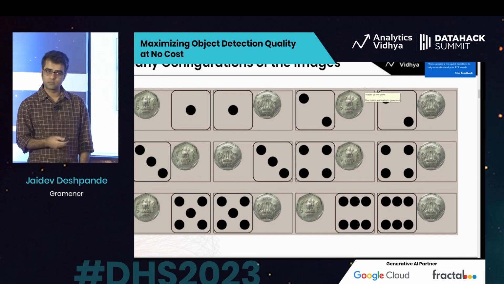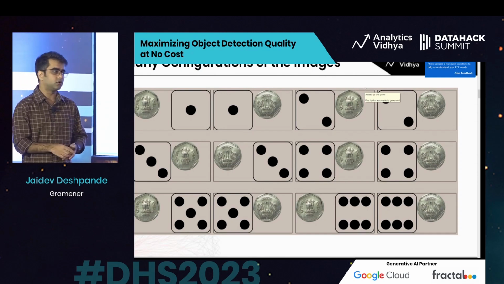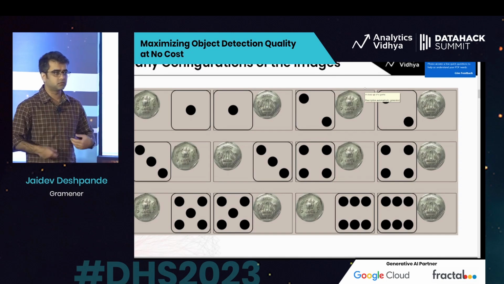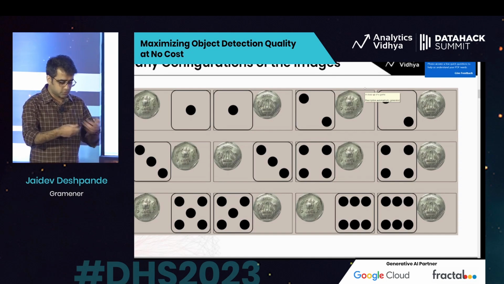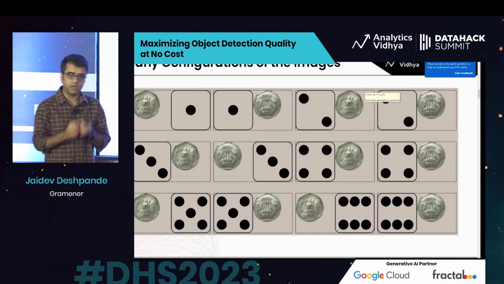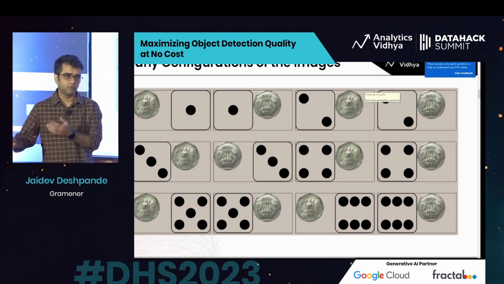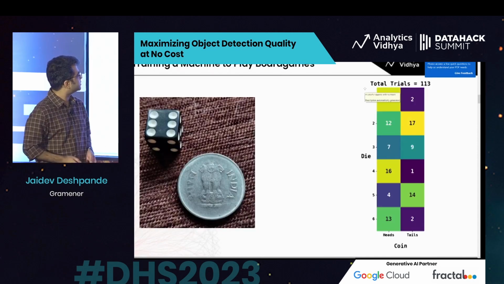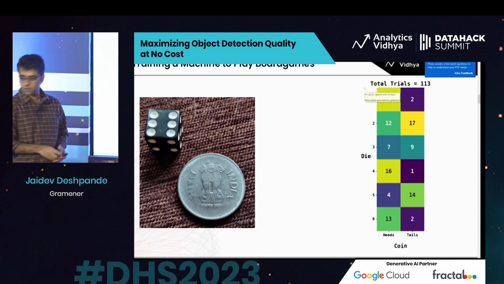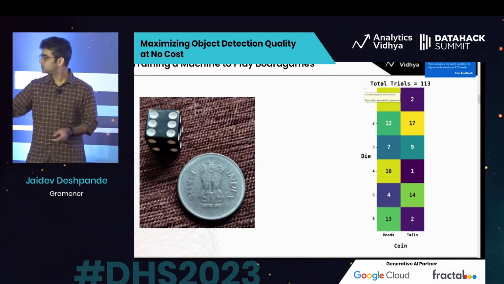So what you would do is, the stratification that you would do when you collect data for this, you would just simulate the coin toss and the die throw a few times, capture the pictures, label them, and feed it into your model, right? But sometimes what happens is that,